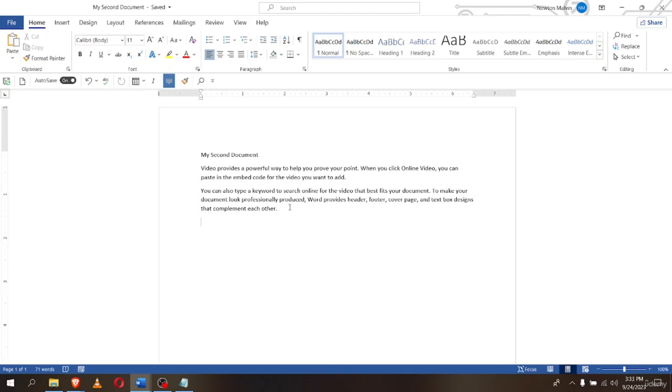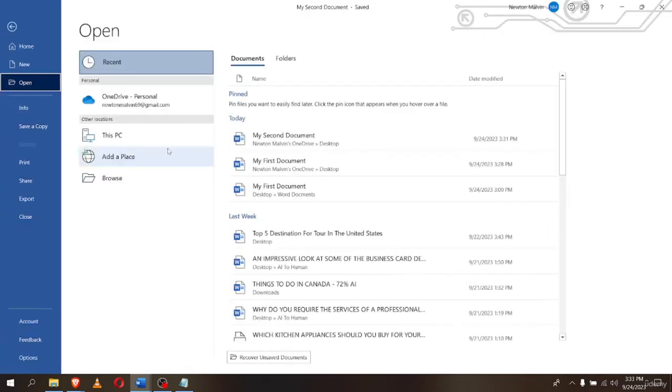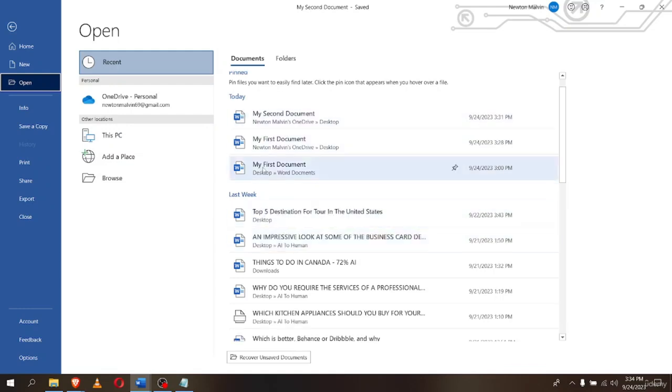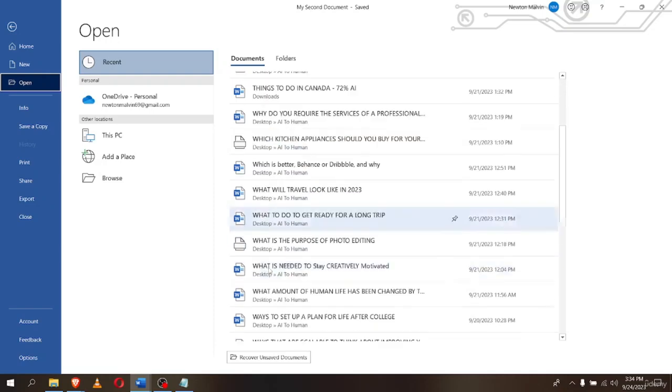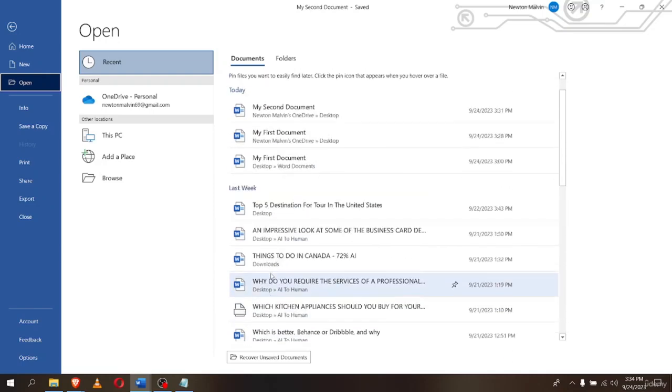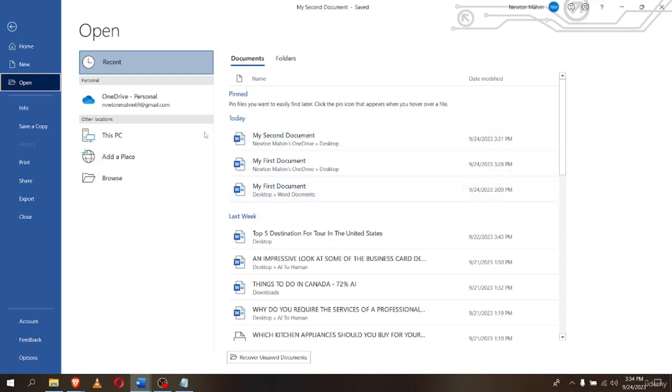Alright, so once it is saved, we can go and check in, let's say Ctrl+O. Right over here, you can see it is already saved to OneDrive and it is called my second document. Now if you want to open this from outside Word, you can do that as well, but there's another way you can open this document, because not all the time you will find your recently opened documents. Let's say you want to open something that you saved long time ago and it is not appearing in the recommended recent list, right? What you're gonna do here is go over to your browse and click on the browse,